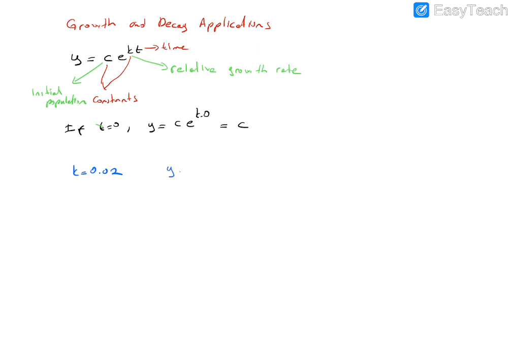So our function will be c at the beginning. If you know the population, maybe we can use c naught, c0. So y equals c e to the power 0.02 t. We say that the population is growing continuously at relative growth rate k, to mean that the population y is given by the model y equals c e to the power kt.